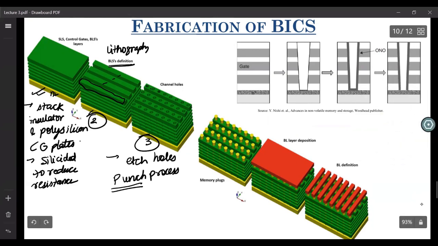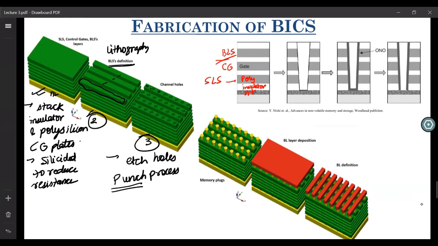Here, we first doped it N+. Then you deposited stacks of insulator and polysilicon, which form either the SLS or the control gate or even the BLS. Then you pattern this BLS, which is not shown here because it's just showing you the cross section of your pillars.